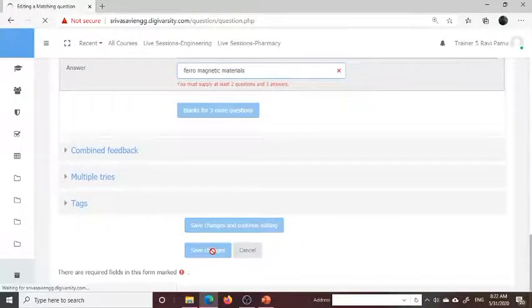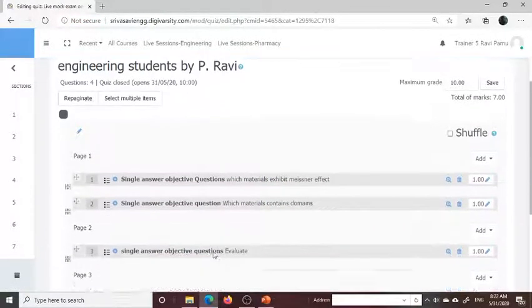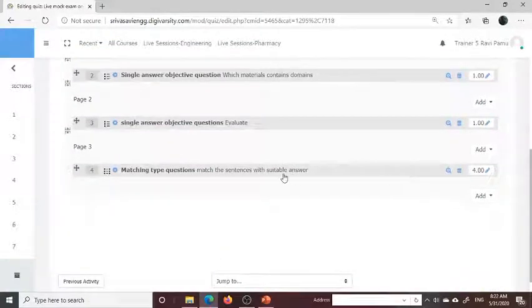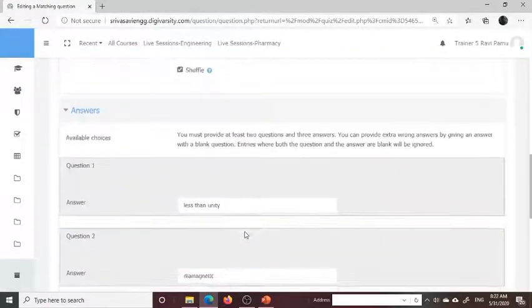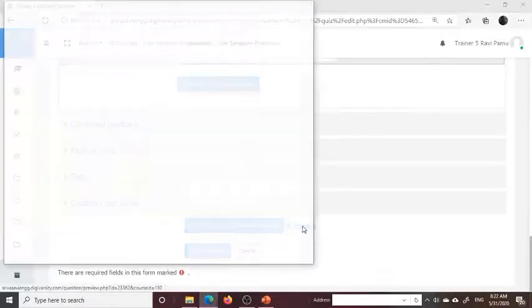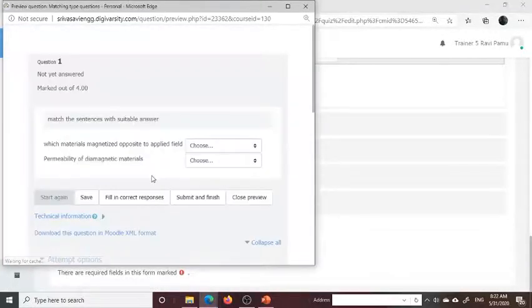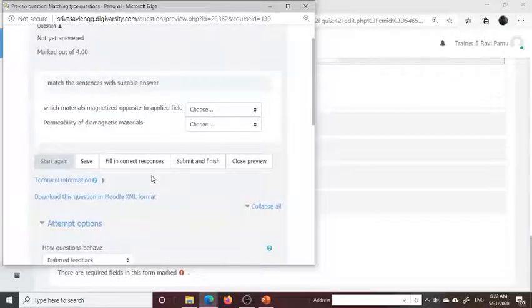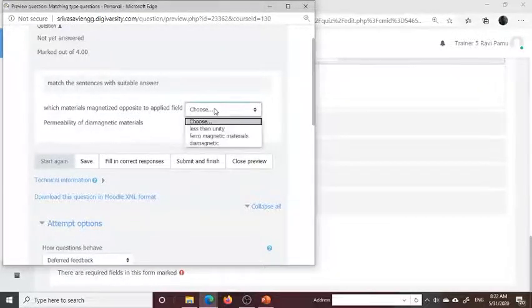Saved. Sorry, I forgot to show the preview. After typing the question, you can click on the question. Okay, it appears like this. Now you can check the preview. Yeah, preview. See, which materials are magnetized opposite to the applied field?